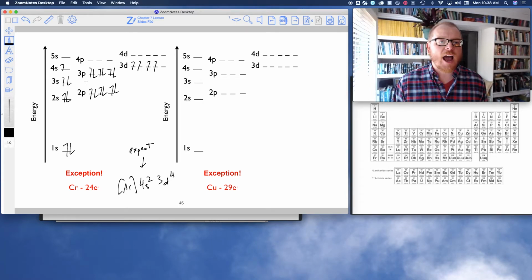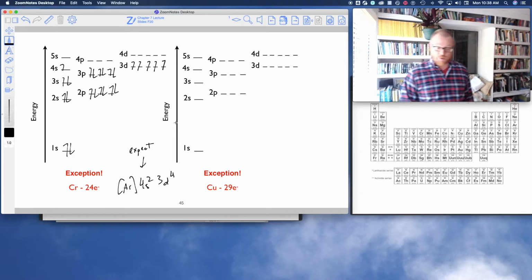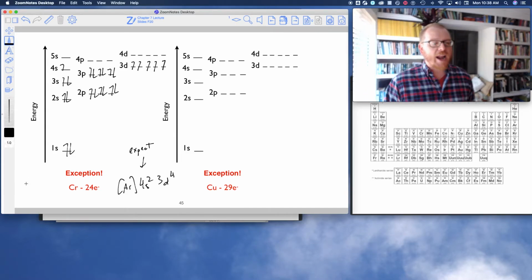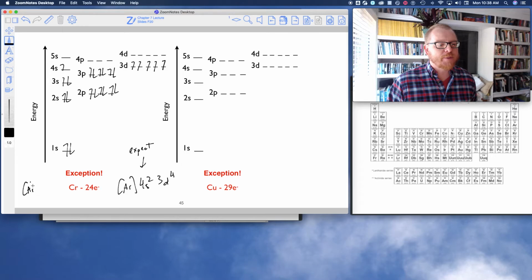And as it turns out, with these 24 electrons, you still have to have 24, okay? So that 4s2 is paired up, but look, there was an open space over here. So now that 4s paired electron jumps over to here and says, I've got more room to spread out over there. So what actually happens is this becomes argon 4s1